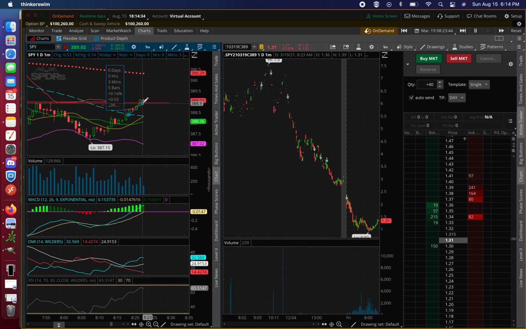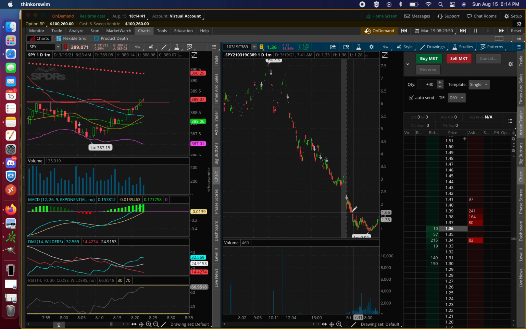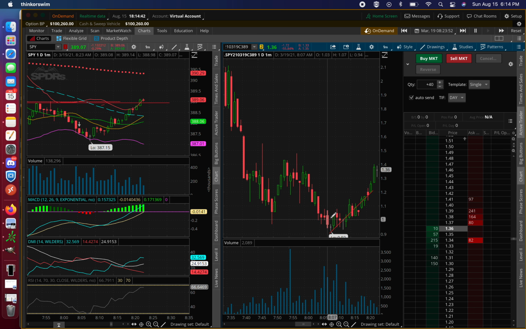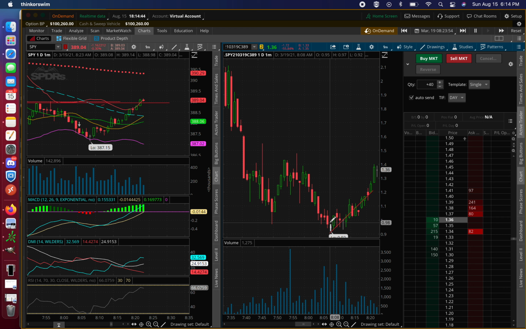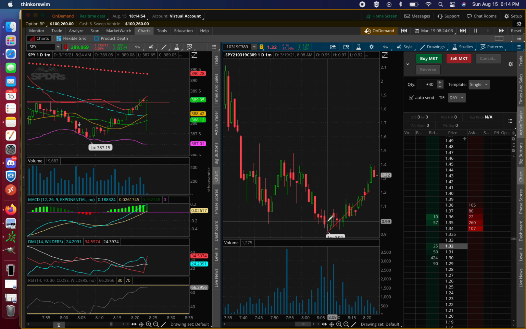And then I end up losing like 30% or 20%. Options are volatile. 3% trades can be easily done, 5% trades as well. But minimizing your risk if you can. Just try to lower your risk.